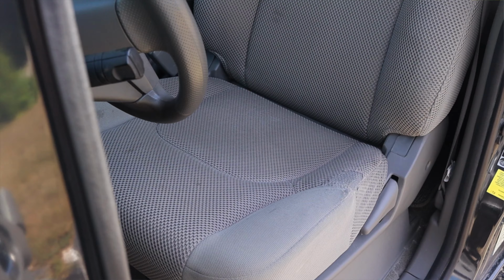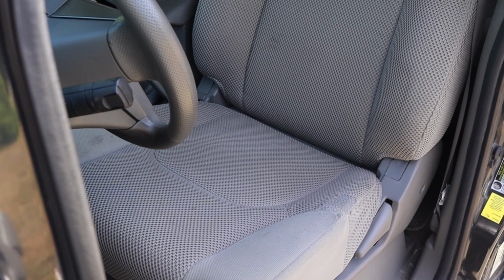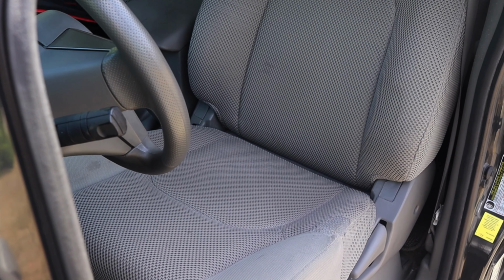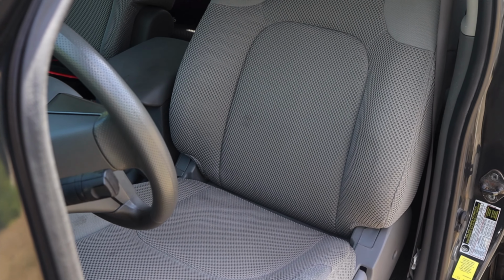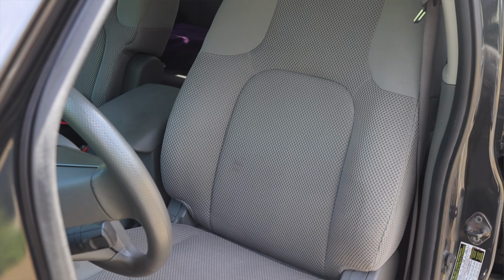And then we have the seats. The seats are decently comfortable. They have held up really well for 150,000 miles. I like it a lot. They're not the most comfortable things in the world, but this is a truck. This is a tool. This is a utility vehicle. So they don't have to be the most comfortable things in the world. This isn't a Rolls Royce. But speaking of seats, we do have back seats, so we'll do a back seat review as well as a